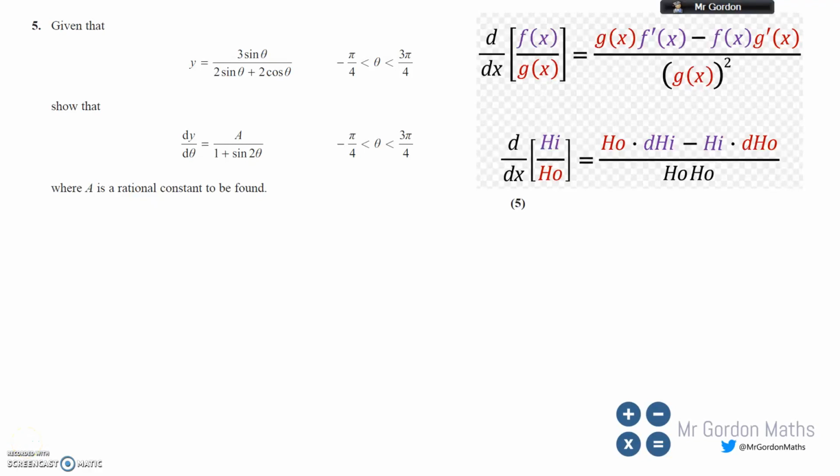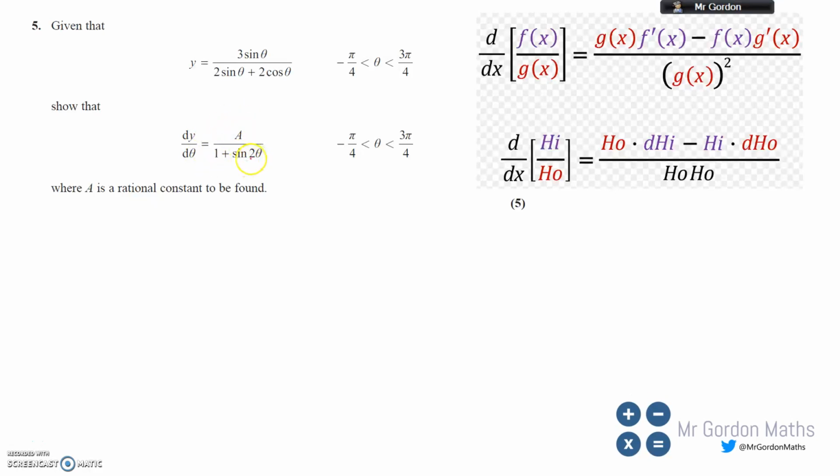Okay, question 5. We are doing a bit of trig and we are differentiating something, it looks like. So let's have a look. We are given that y equals 3 sine theta over 2 sine theta plus 2 cos theta. And we're given a restriction here for the values of theta. Fair enough. Show that dy by d theta equals some constant a, which I think we've got to find, over